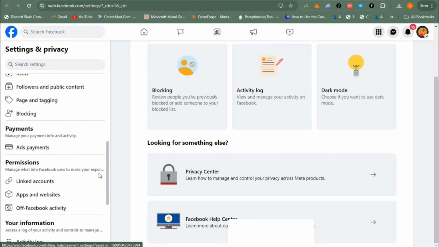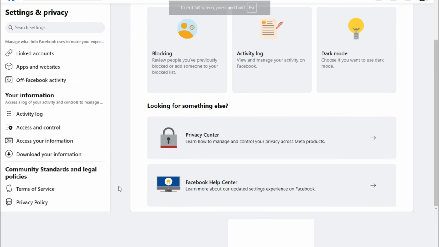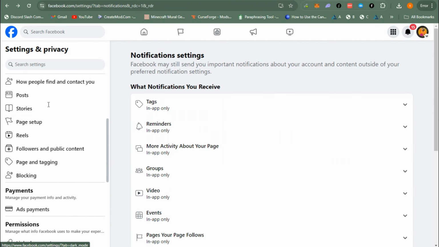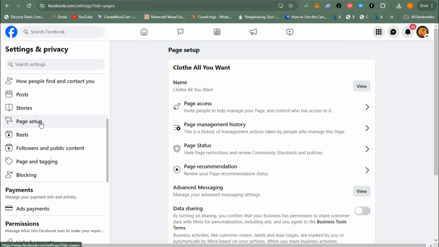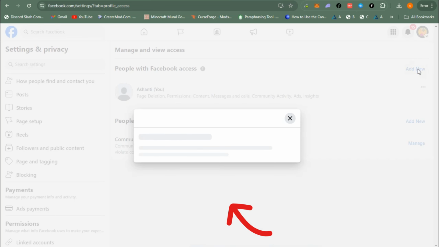Now go to the left side. And then what you're going to do here is scroll down and look for page setup. Okay, so you have to click this one and then wait for a couple of seconds till you see this page setup, your page name, and then page access. So tap page access right here. And then here you can add, you can remove, you can adjust the settings of your page roles or access